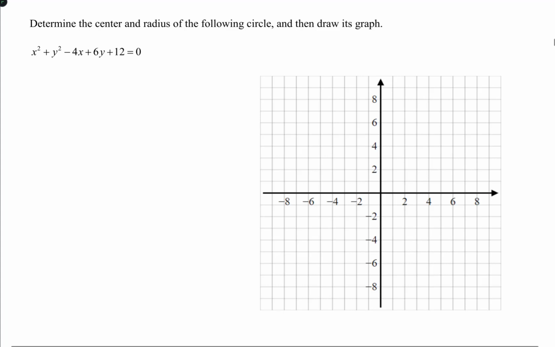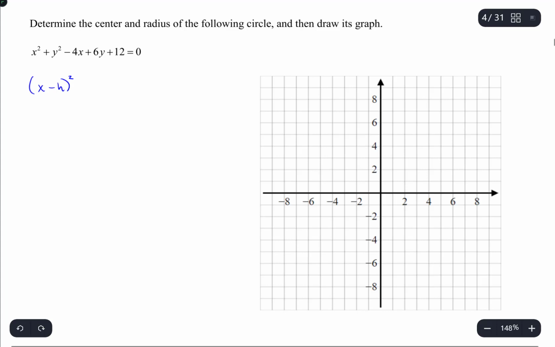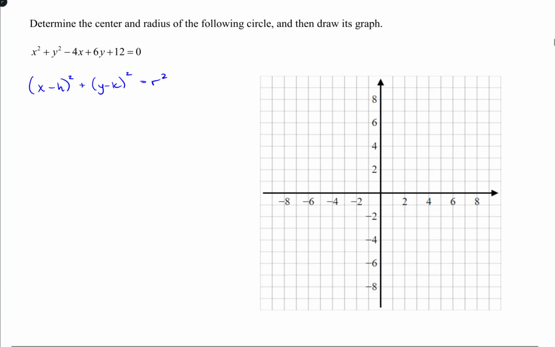So in this case, if we had the circle written in a form that's known as center radius form or standard form, which looks like x minus h quantity squared plus y minus k quantity squared equals r squared, well, it would be very easy to determine what the center and radius are because we would just have to identify those values. But this equation isn't written in that form. This is what's known as general form